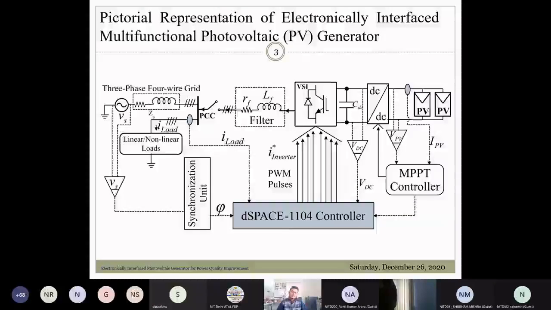So with this motivation, the goal of this research study was to employ a single multifunctional photovoltaic generator that can address the current related power quality challenges while concurrently injecting the active power into the established utility grid. This would be an inexpensive and logical solution to the existing commercial active harmonic filter and grid connected inverter meant for power quality improvement and active power injection into the utility grid respectively.